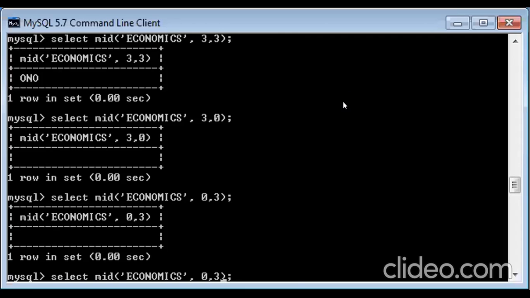And if the position is 4, but I have given the length as -3, what will be the output in this case? The length of the character should be -3. What would be the output? Try. We have done it with substring.